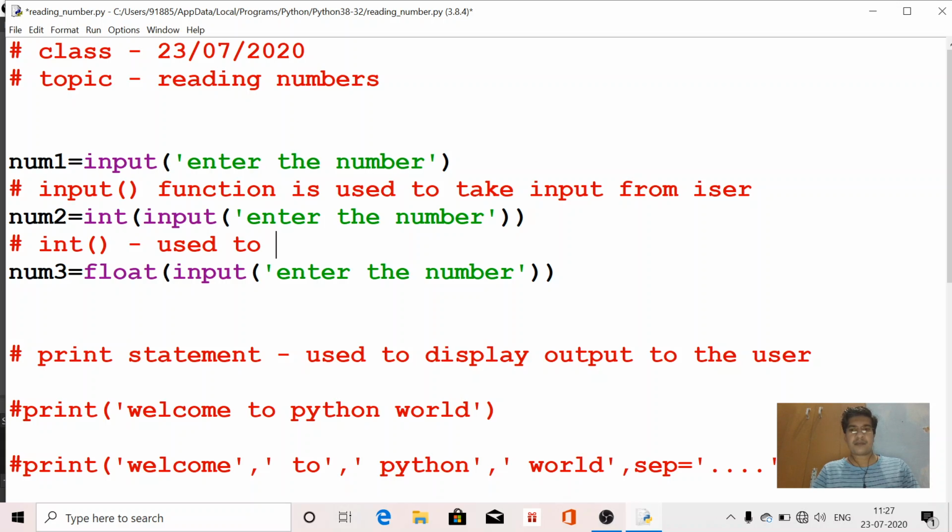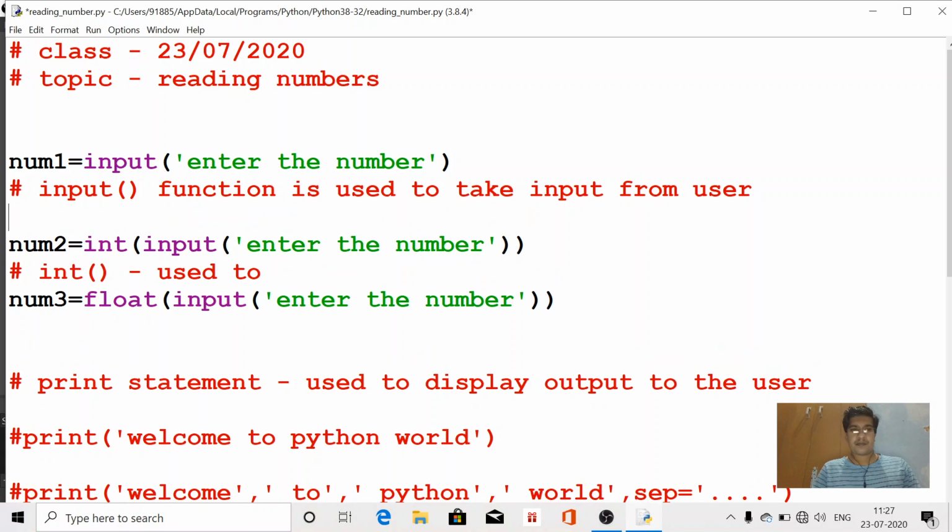Here one more thing, the input function takes the value of string type.